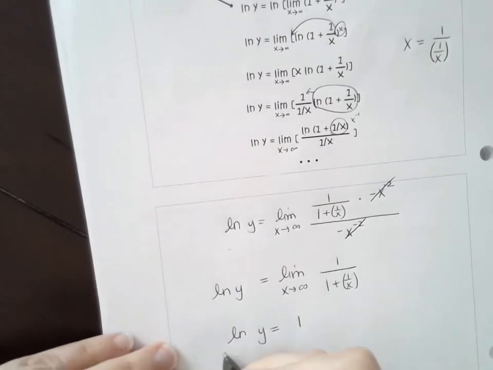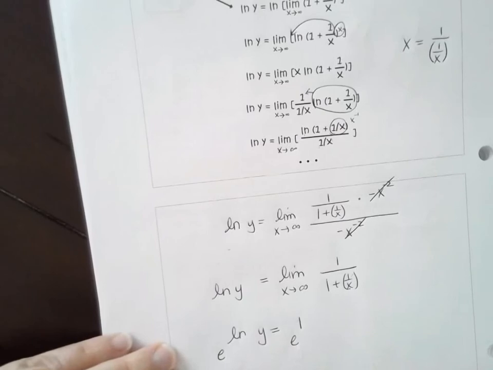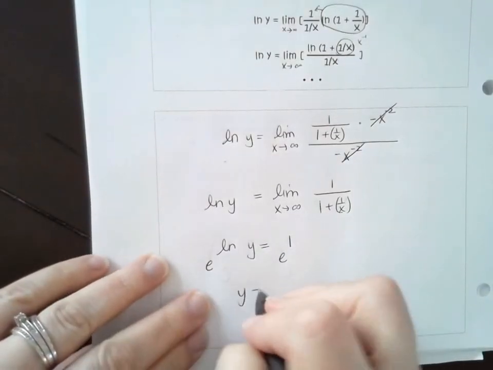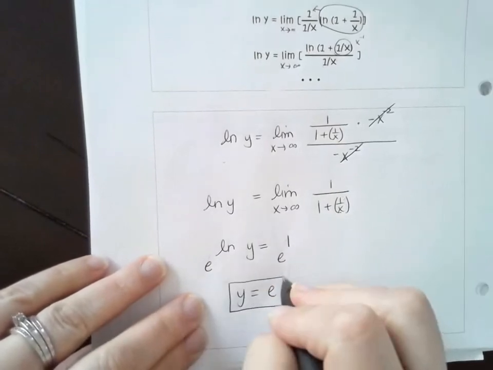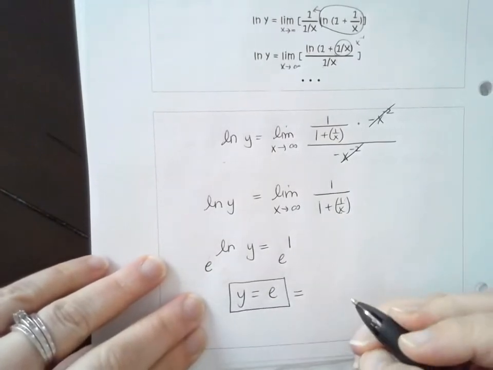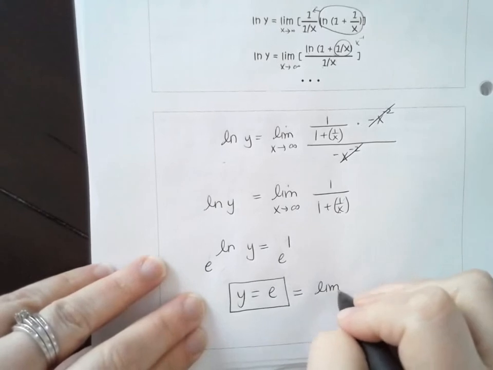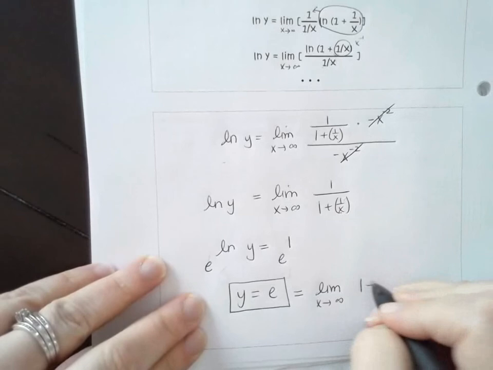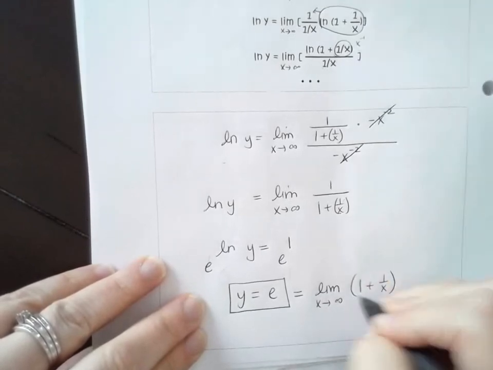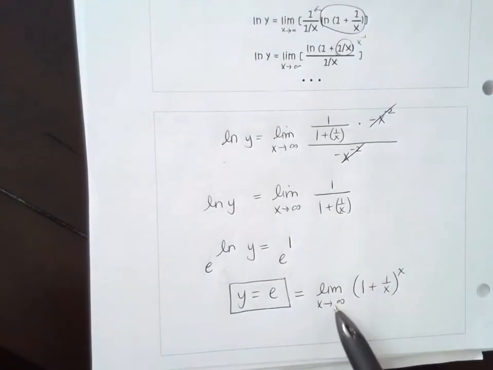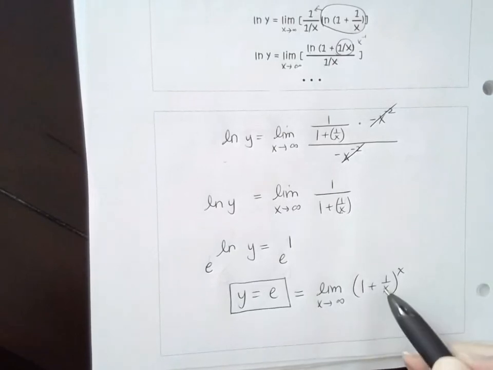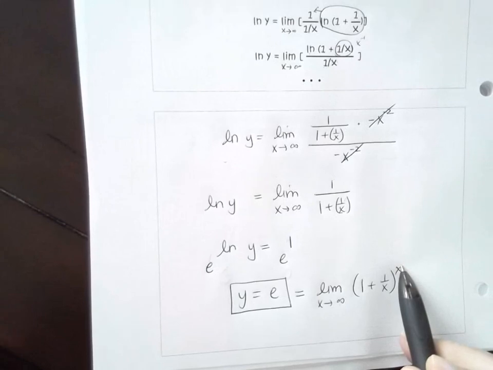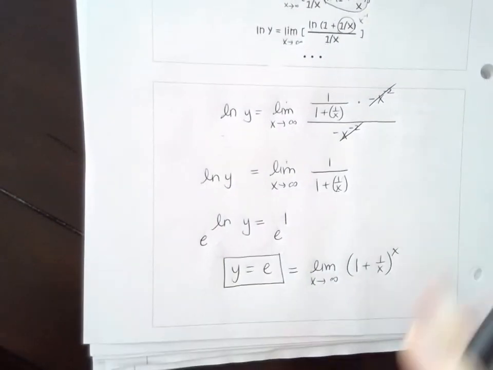Okay, well I'm going to solve for y by applying e to both sides. These essentially cancel, leaving me y equals e. Well, what was y equal to right from the beginning? It was equal to the limit as x approaches infinity of 1 plus 1 over x to the x. So if in fact this is infinity, then 1 to the infinity is not equal to 1, but rather equal to e,